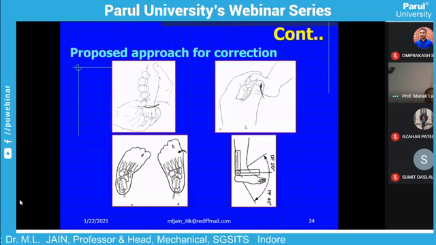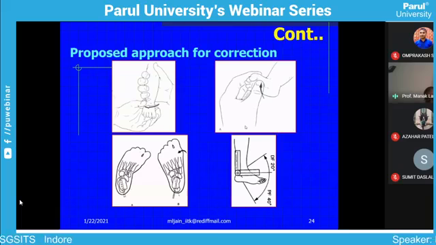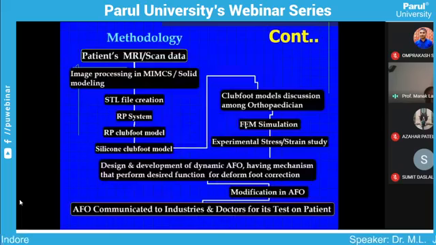Everything now is digitizing, everything is making automatic. So we are moving in that direction, and this is how a clue is there which we are using in our digital areas. So methodologies, we first have a